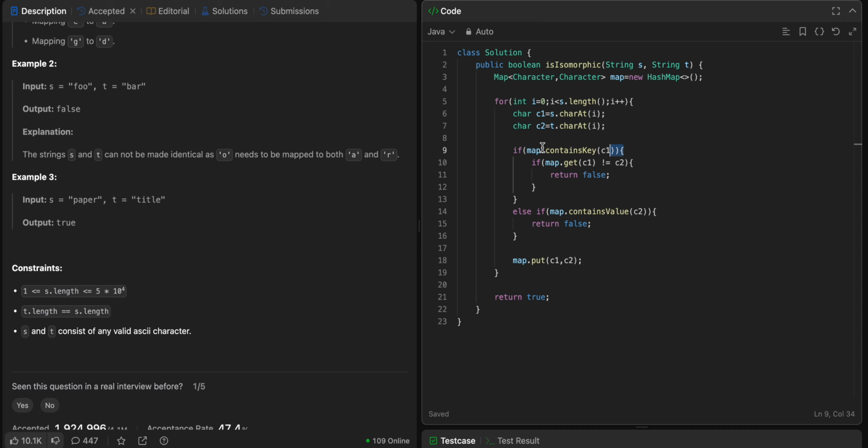Now we'll check if map contains c1. Yes, it does contain P. It does contain P, and the value in the map for P is T. If map.get(P) is not equal to c2, this condition will become false. It will come out. So this if is already executed, so this will be skipped, and we are returning true. So this is the code. I hope you understood. And if you have any doubts, you can drop it in the comments and I'll get